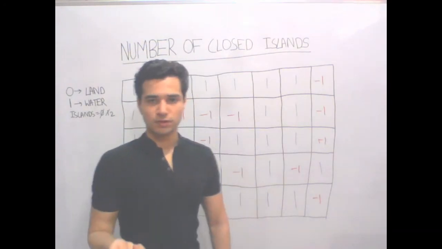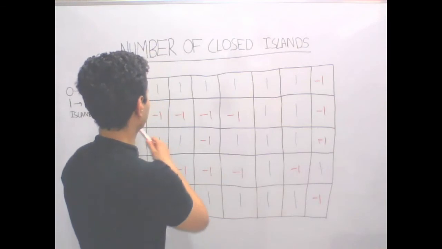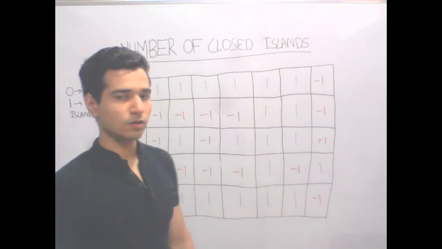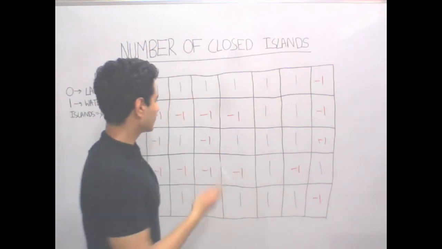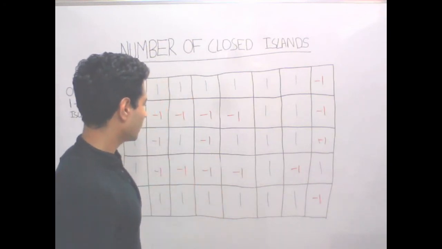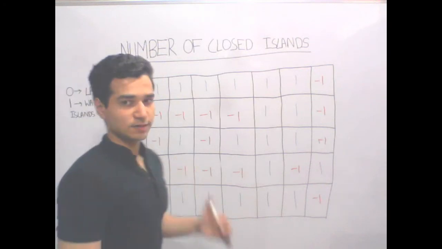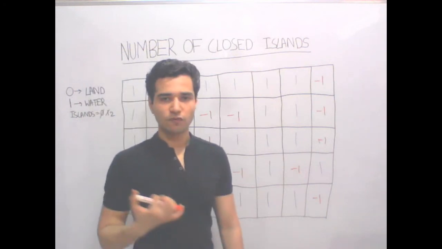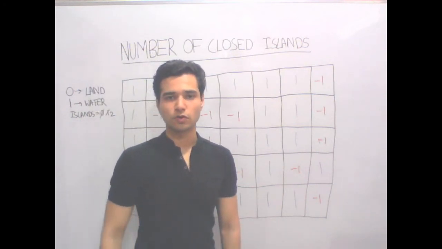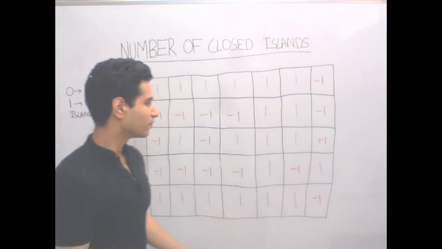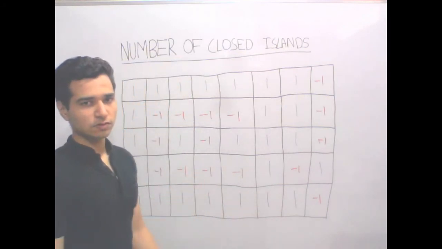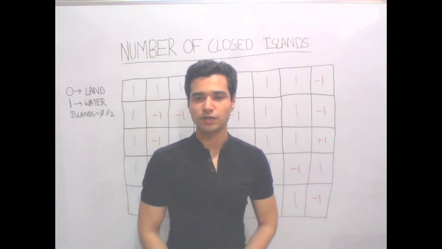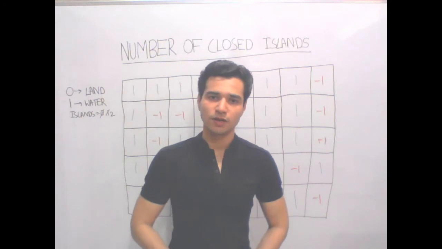We can do the same thing in BFS as well, just using a queue and traversing all the edges and marking the land nodes as visited, and then again traversing the rest of the graph and finding out the number of islands that are present using a queue. So the time complexity is O of m into n, the rows into columns, and space is O(1) because I've edited the same graph. Otherwise it would be m into n if we use another visited graph.